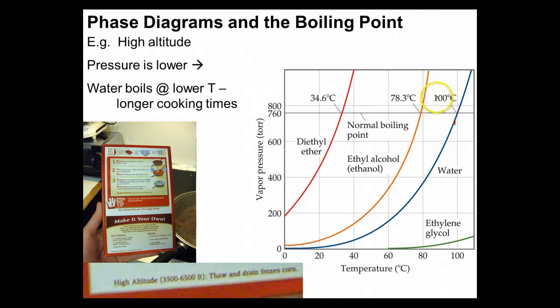That may not seem like a really big deal, but if it's boiling at 95 degrees Celsius, that means you're cooking at a cooler temperature, 95 degrees. And if you just lost 5% of the temperature that you were cooking with, you should expect a longer cooking time. On top of that, if you're working with something frozen, like frozen corn, and you're putting it into your